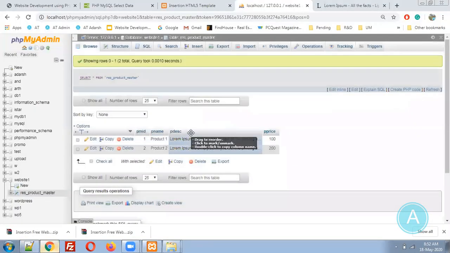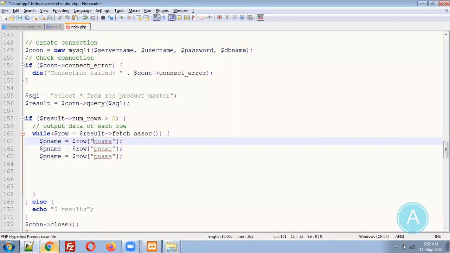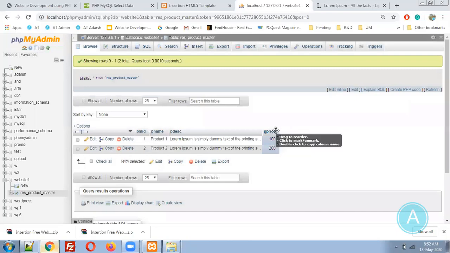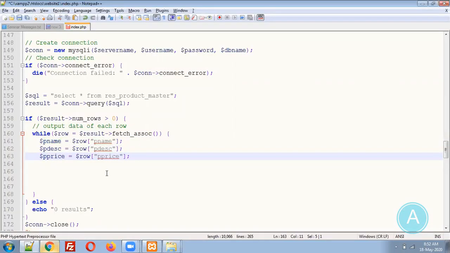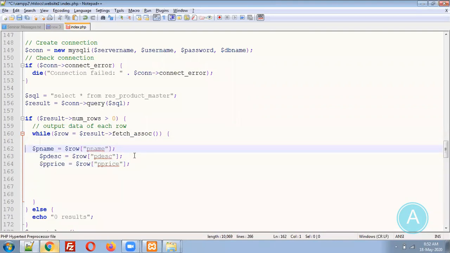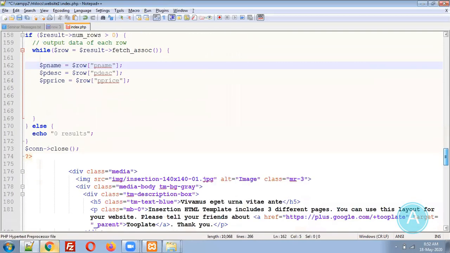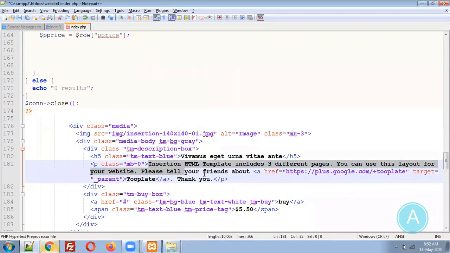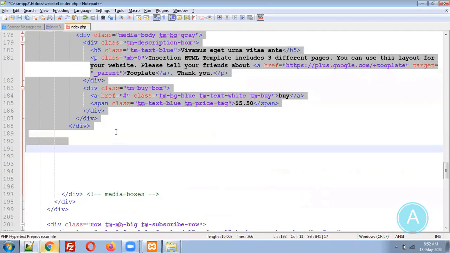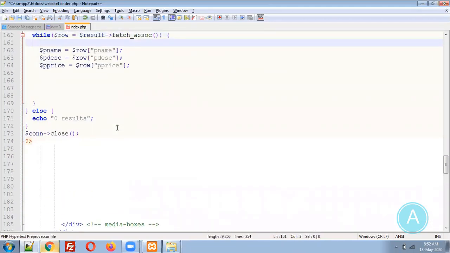I am going to the second column, product description, paste. I'm going to the third column, product price, double click, copy, paste. So now I have three fields available: product name, product description, and product price. This is the product name place, this is the product description place, and this is my price place.